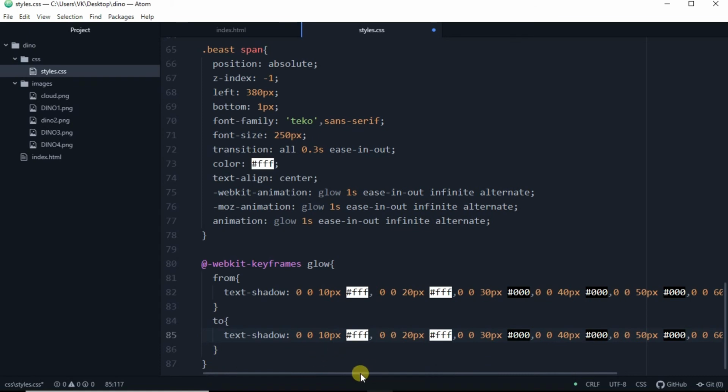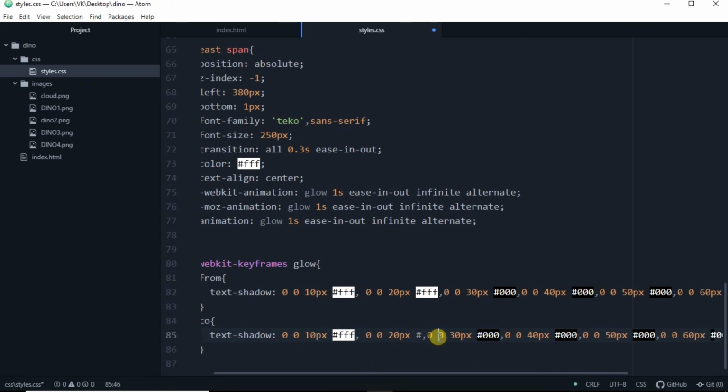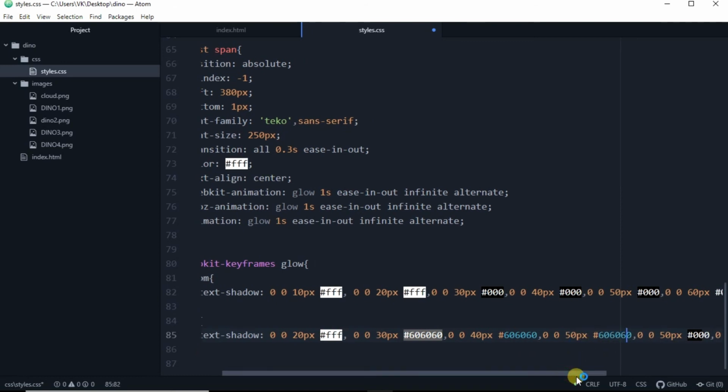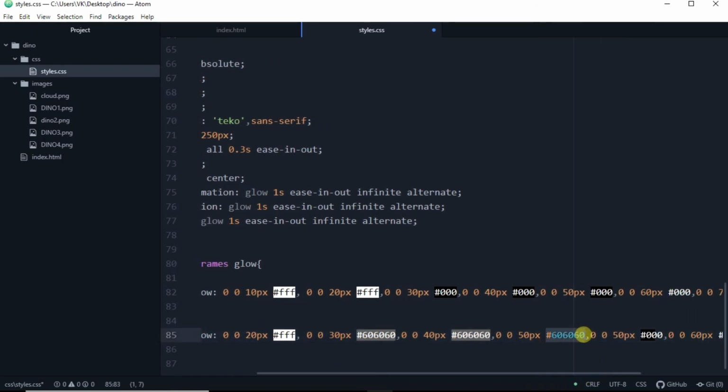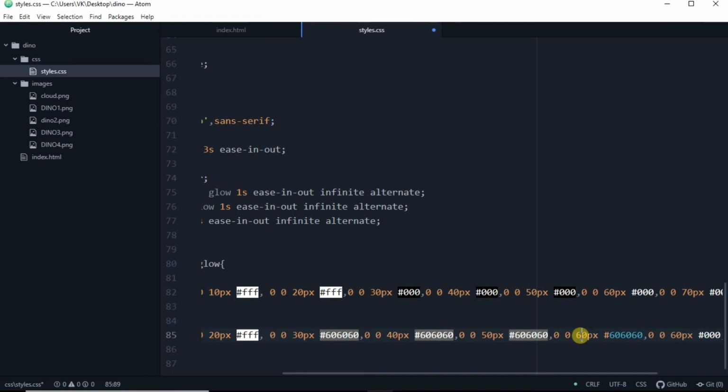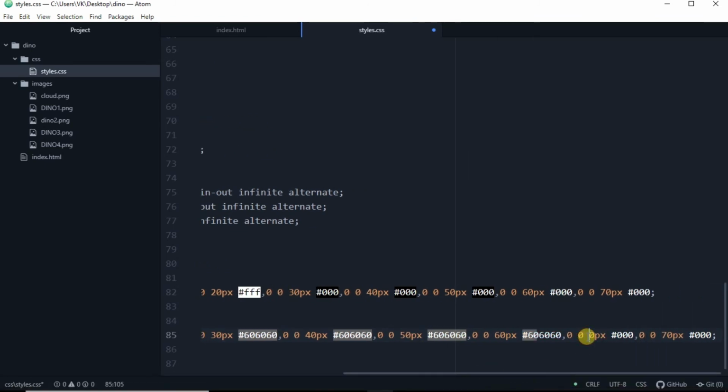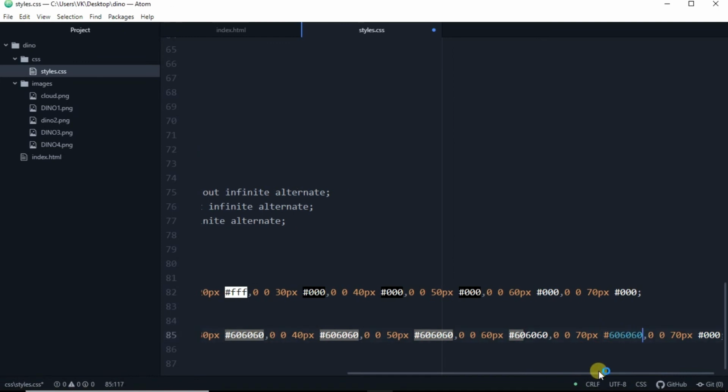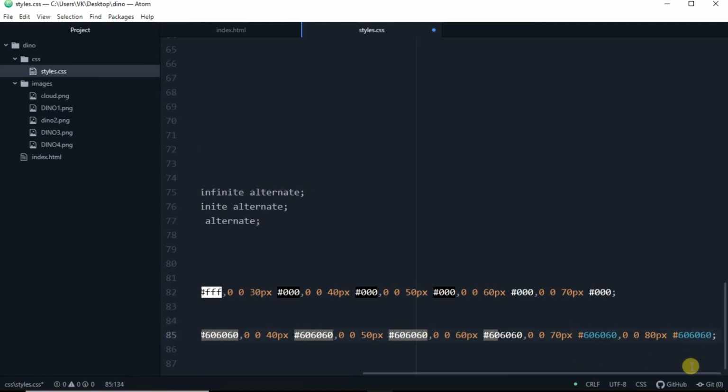Now let's change the colors. First will be, let's keep it, yes. Now let's change it. I think we are doing it wrong. Now let's make it 20. Yeah, we'll make it 20, 30 and then 40. Let's make it 60, 60, 60, which is gray color. I think it is dark gray color, which will go well with a white color and a black color. Let's copy it and paste it here, and we'll increase it by 10 pixels. 70, let's paste it here, 80 and let's paste it here. So we are done with the glowing effect of the text.